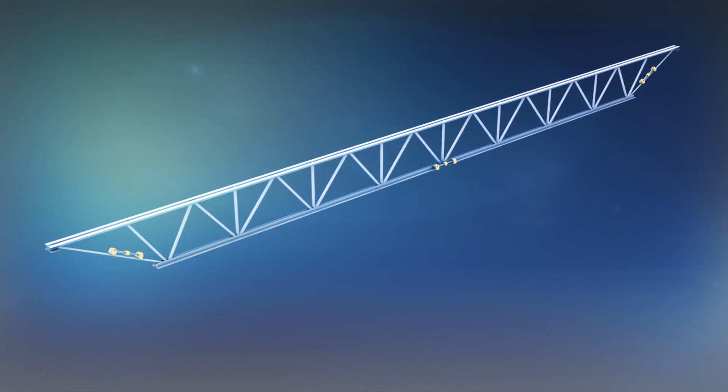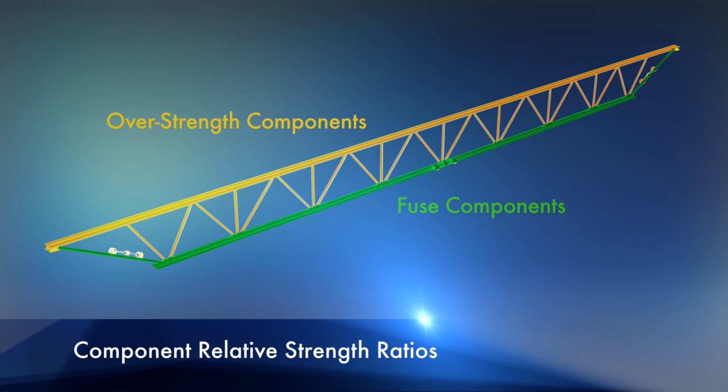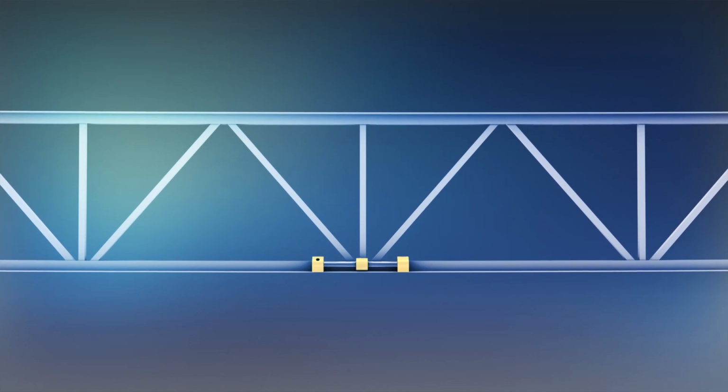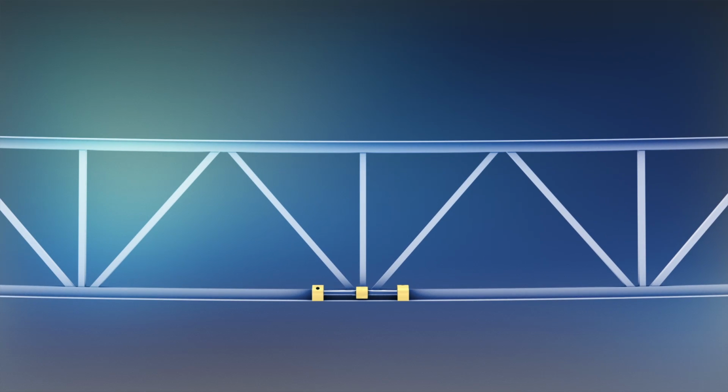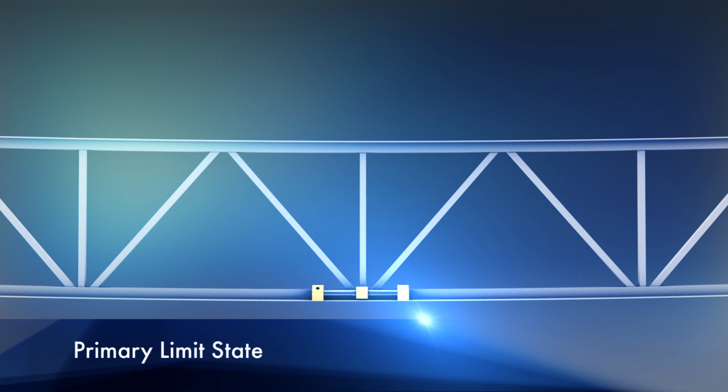FlexJoist system design is fundamentally different from traditional standard joist design, including cold-form steel channels, Z-purlins, and wood joists, as well as open web steel joists. To begin with, FlexJoist design deliberately varies the relative strength ratios of a joist's component members. This is to establish a primary limit state, whereby ductile tensile yielding enables FlexJoist to gradually deform during an overload